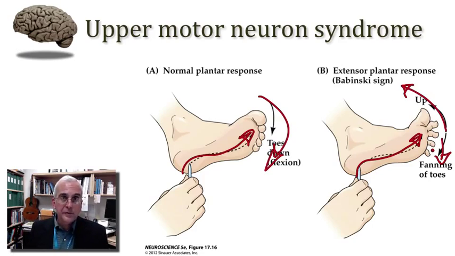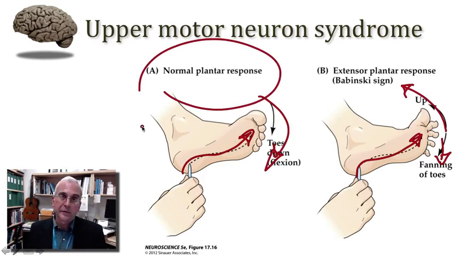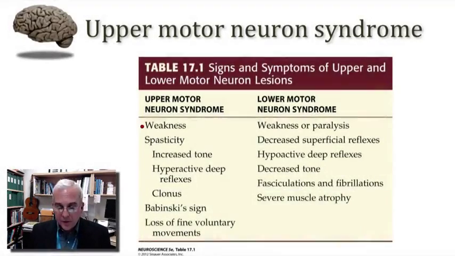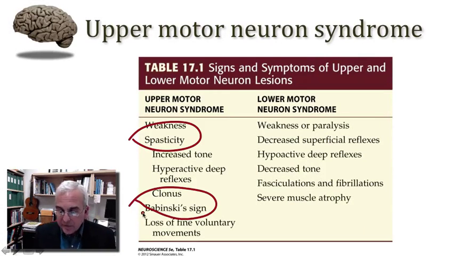So a patient of yours may have an upper motor neuron injury but may show a normal plantar response. So just be cautious in how you interpret a normal Babinski reflex. If you see an abnormal Babinski reflex, then you can have more confidence that indeed there may be damage to an upper motor neuronal system. So I want you to appreciate how the spasticity and the special signs contrast